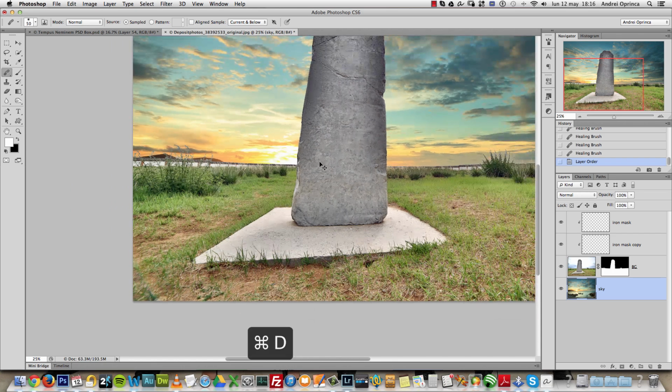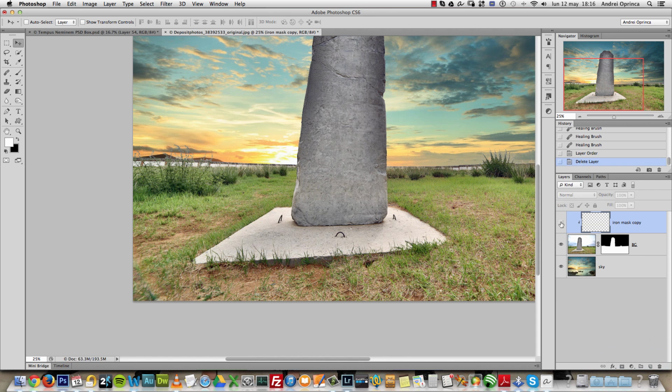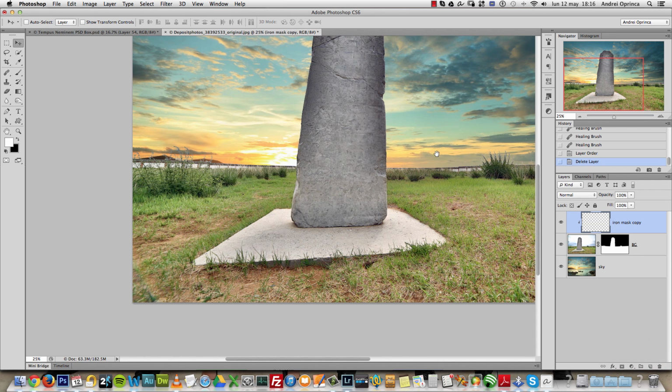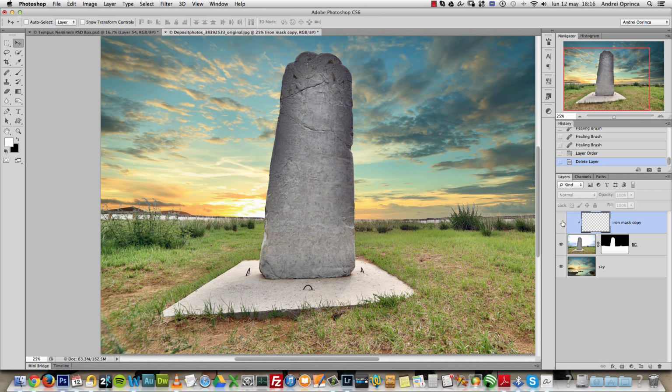I don't know what I did. Maybe I linked these two layers for some reason. Oh, okay. I don't know what happened. I was deactivating this layer, and the sky layer was disappearing. Anyways, we have